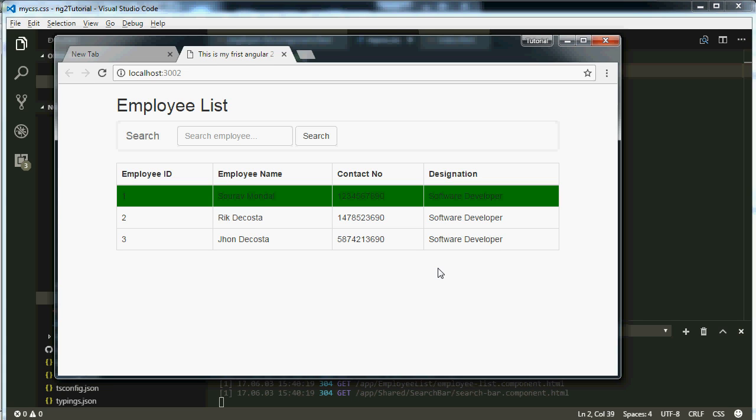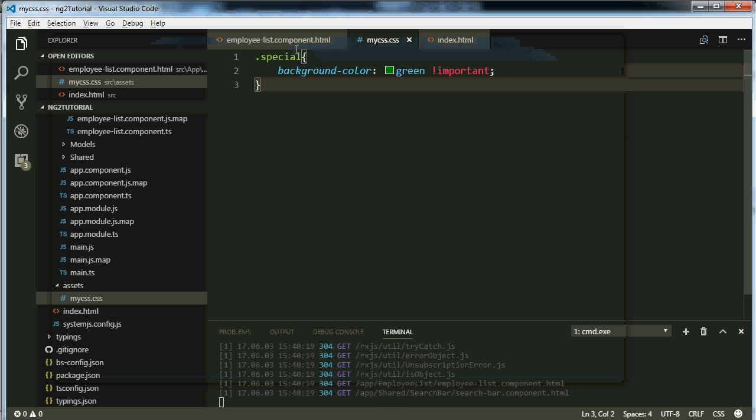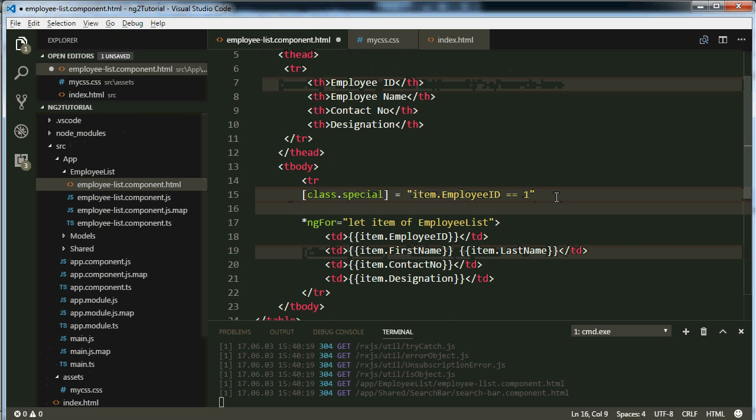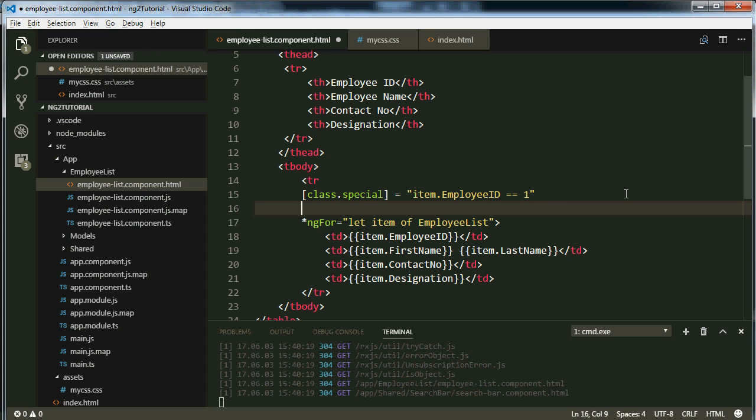Here in this line, you can see the text content is not readable, so here we will add an ngStyle directive to change the color of the tr HTML element conditionally. Okay, so what I will do, just go here again. Now I will use ngStyle here for adding the text color. What I need to do is